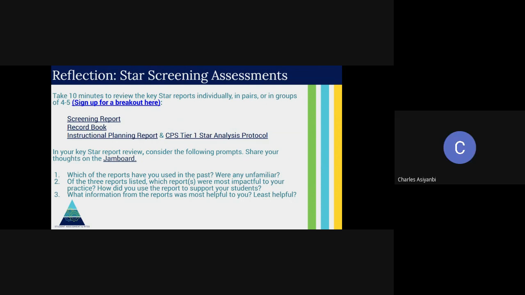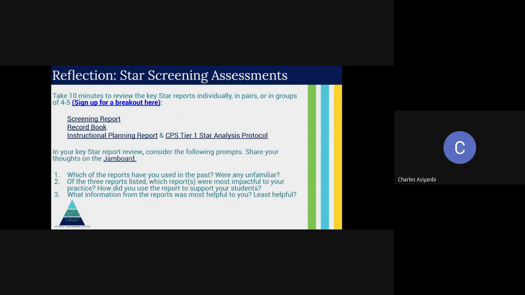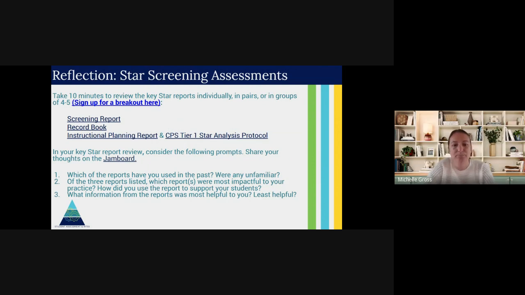It says BOY, MOY, EOY, but I'm assuming that's for this 2023, 2024 school year. And I was wondering, possibly, could I go back? Go ahead and try BOY or MOY. See if you get any data from last year. If you don't, Charles, I'll reach out to our CPSIT team member and see if she can tell me why you're not seeing the past data. Go ahead and try it and see if anything pops up. But I think you're correct in assuming that it's for this school year. That's correct. It's still showing this school year.